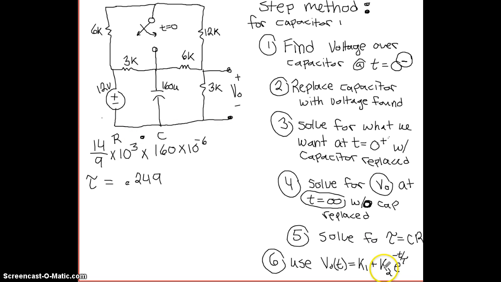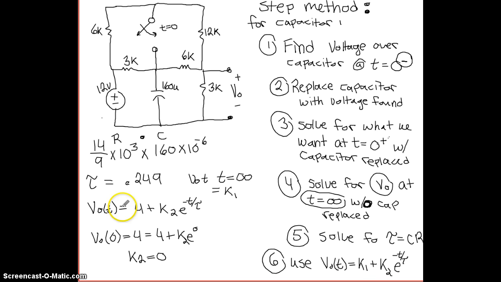Next, we're going to solve for equation 6, which is VO(t) equal to K1 plus K2 e to the negative t over tau. So keep in mind that the VO that we solved for originally at time infinity is actually equal to K1, so we can say that VO at time infinity is equal to K1. So what we did was plug that in as K1 here, and then we solved for K2 given the initial conditions. At the initial condition, VO was equal to 4, so then we go ahead